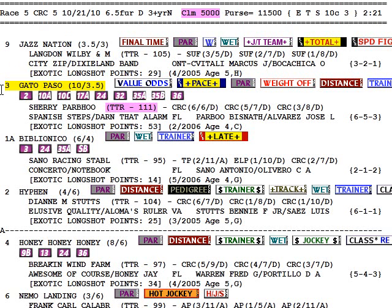We've got a value odds horse, number 3, Gato Paso. And Gato Paso has a lot of things to like. But first and foremost, what's more important than anything that this horse has or does not have is what kind of odds we are going to get on this horse. This is a numbers game, and the numbers are the odds, and you've got to have an advantage in the odds to make long-term money in this game. 10-1 morning line,